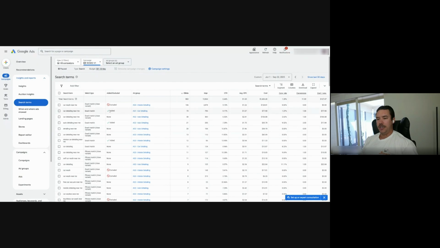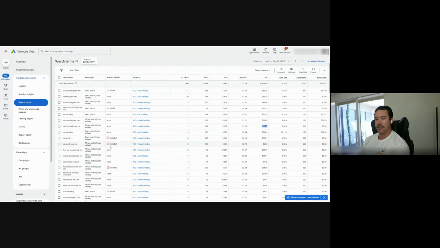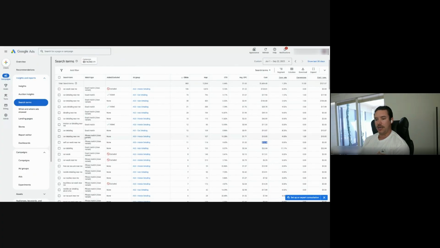I noticed too, I'm just taking a quick look, you've been getting rid of car wash. That's great. You still have a couple here, so just be careful. Obviously, this isn't too big of a deal, but when you're spending $15 here, $15 here, it can go a long way. So you got free vacuums here, taking up some spend, car vacuum near me, and then there was another one here that was a self car wash. So just be careful of those.